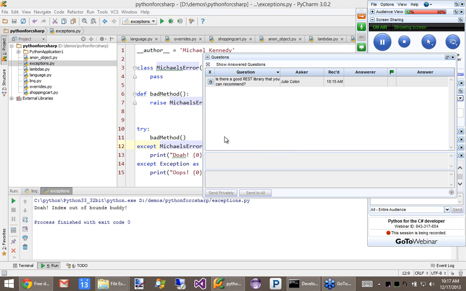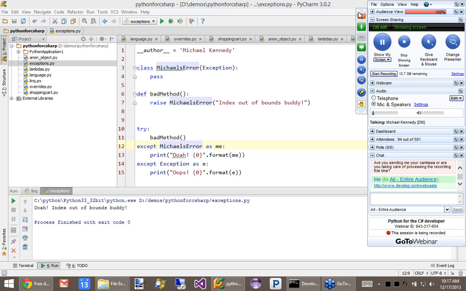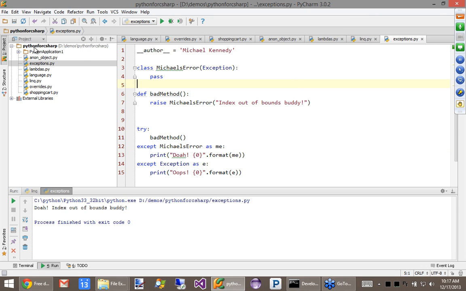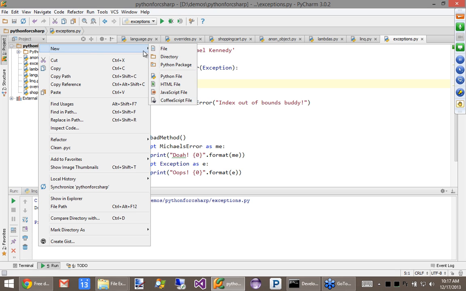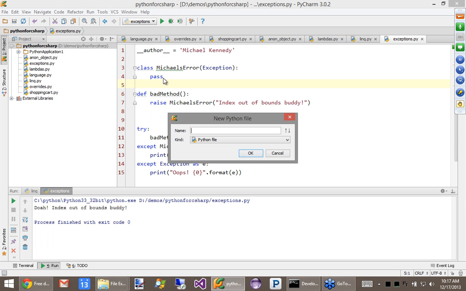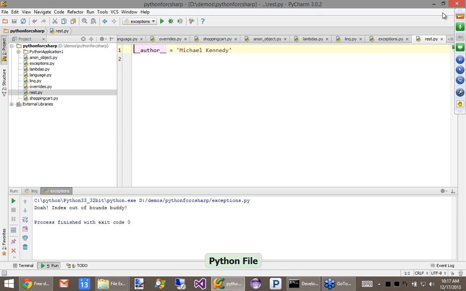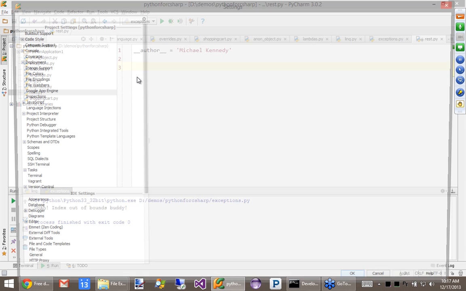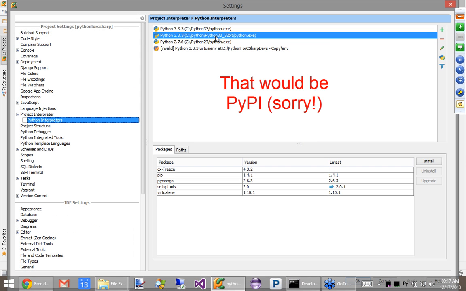Is there a good REST library? So for the server side, something like Flask or Pyramid would be pretty sweet. On the client side, what I would do is this. Let me just show you how the NuGet stuff works really quick. You would probably choose something like HTTP client from .NET. So we come over here and say, I want to use a certain library. So I'm going to install it using NuGet, which is I go to the interpreter, which is the one I'm using here.